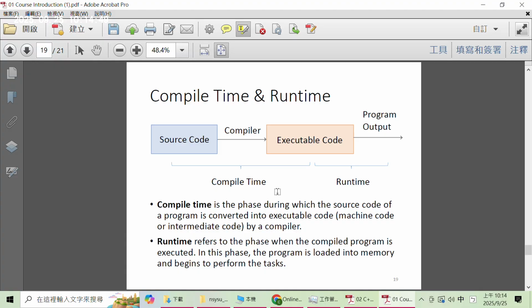So do you know which error is more serious? Compile time error or runtime error? Which is more serious to the user? If you think compile time error is more serious, please raise your hand. Okay, if you think runtime error is more serious, please raise your hand. Runtime. Oh, okay. The answer is runtime error is more serious